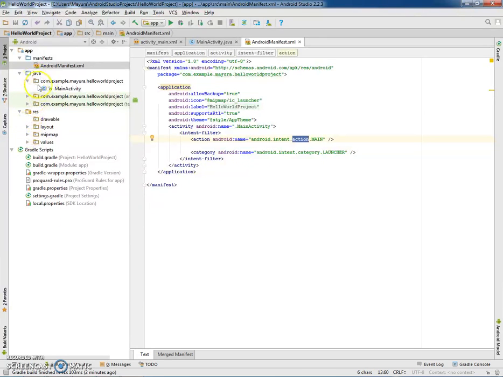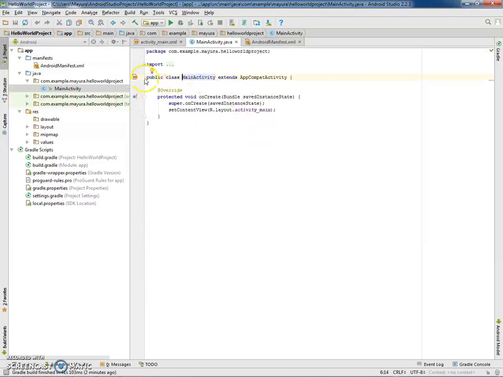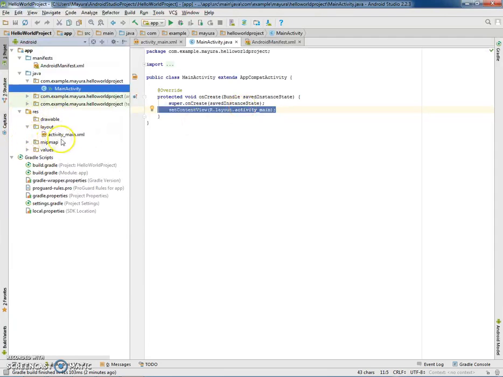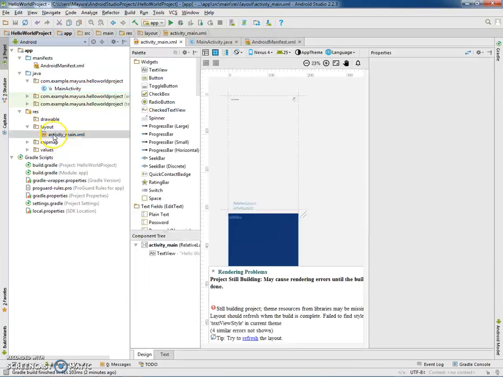The other part is the Java part. This is the activity that will be visible to the user on the launch of the application. So the onCreate method will be the entry point for your application. Inside onCreate, we will be inflating the XML file, that is the layout, which will be visible to the user. This layout will be present in the resource folder. So in the resources, you can go to the layout and check an activity.